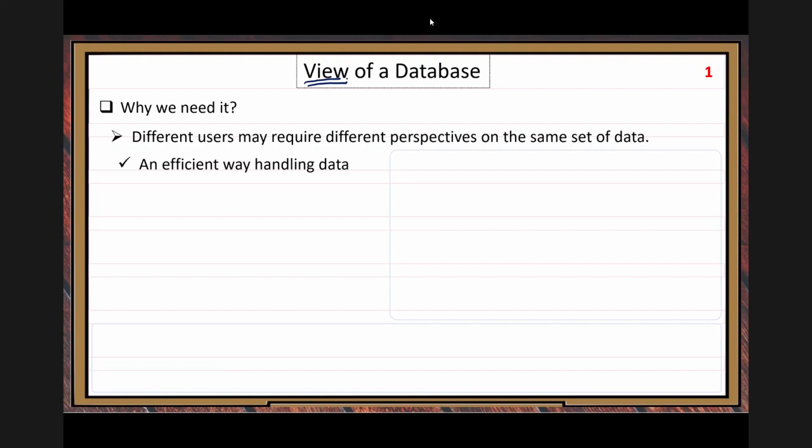An efficient way of handling data. So here, let's look at the situation.